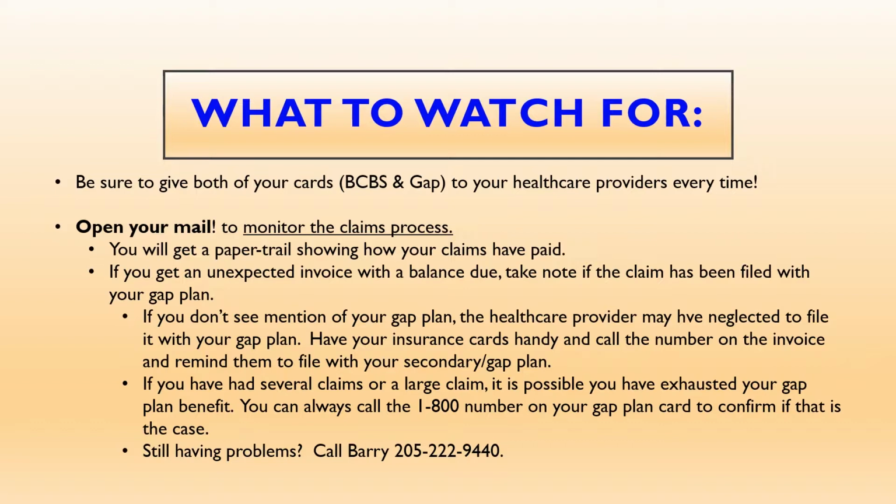Number two, it sounds simple. Just open your mail to monitor your claims process. You will get a paper trail showing exactly how your claims have paid. If you happen to get an unexpected invoice for a balance due, take note if it's been filed with your GAP plan. Just about the only thing that could go wrong would be your healthcare provider could neglect to file